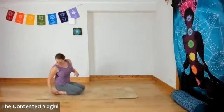So if you don't enjoy kneeling back on your heels like this, you can use a block or a cushion to lift your hips up a bit, or you can choose to sit. There's no need to kneel. But we're going to kneel here. We're working on the flexibility of the ankles by kneeling like this. But if it's not comfortable to sit on your heels, you can also just release your hips upwards, whatever works